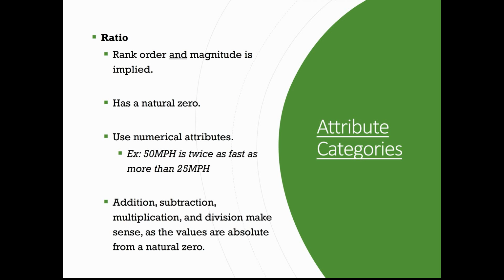The fourth and final category is the ratio attribute category. A ratio attribute implies both rank and order, and magnitude about a natural zero. The ratio attribute category uses numerical